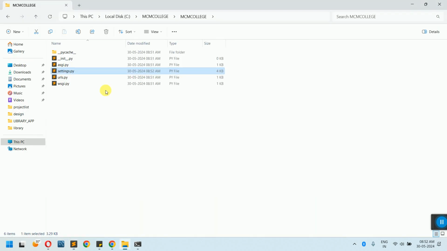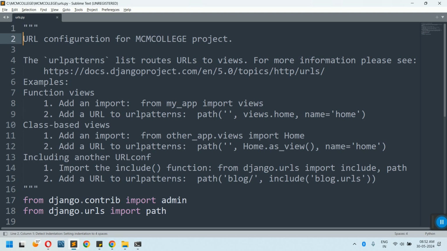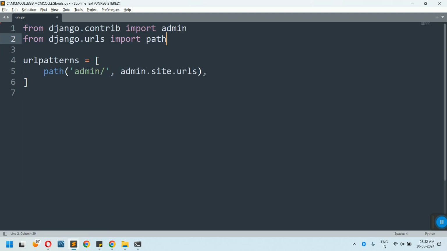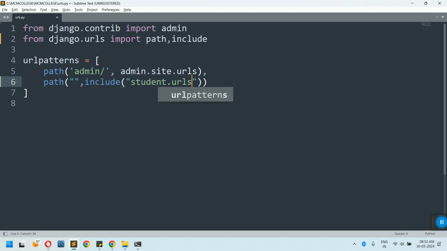The second thing we have to do is go to urls.py. In urls.py, you have to put comma, include, and in the URL patterns, type path. Inside this, single quotation or double quotation, open, close. Then we have include statement. Inside this, application name, that is student.urls. Save this, close it,